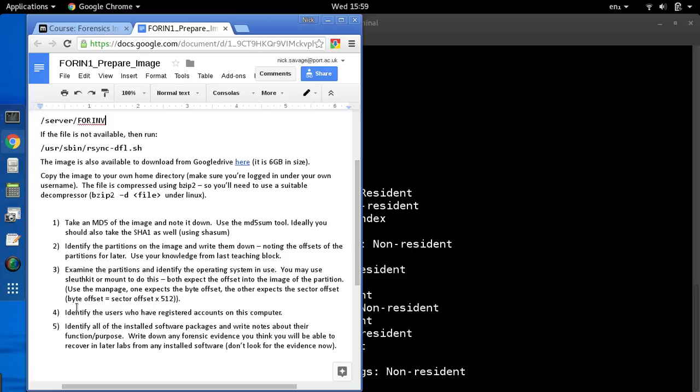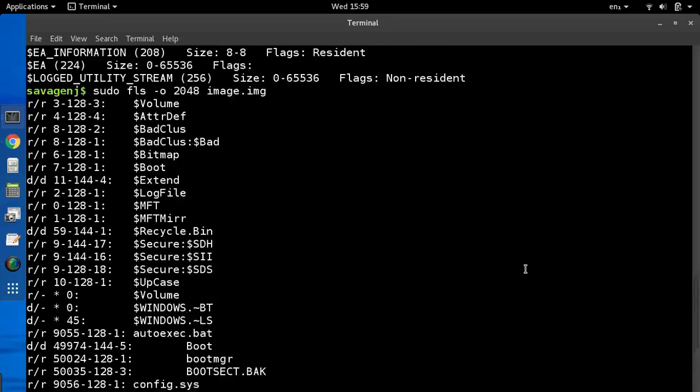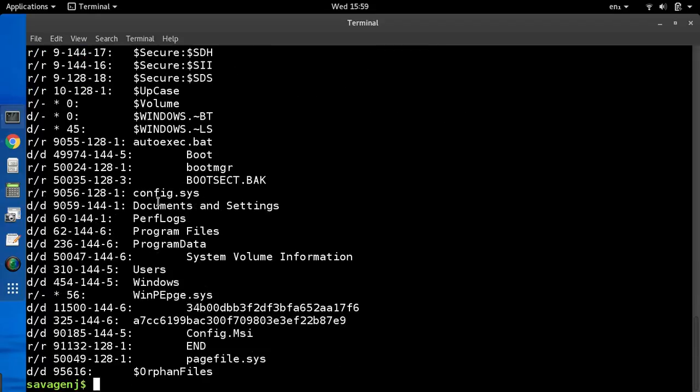In order to answer some of the further questions, we're going to have to do some more stuff. So we need to identify users of registered accounts on this computer. I can use fls to have a look at some of the files that exist on this partition with an offset of 2048. That will give me an idea about the inode entries, or whatever these are referred to in Windows,